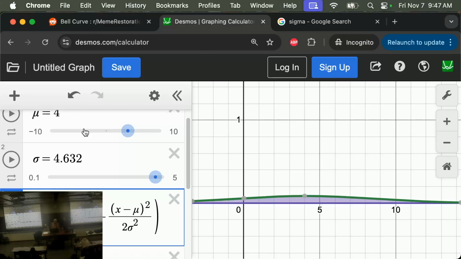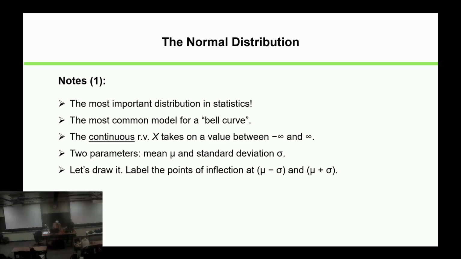Does that? We're going to come back to that question. Did I spoil the 2 pi? It's okay. But we're going to have to say a little bit more about that. All right. Okay. So back to our slides.